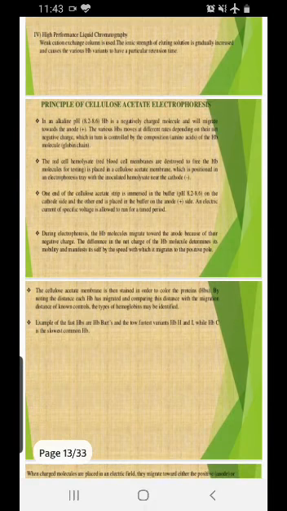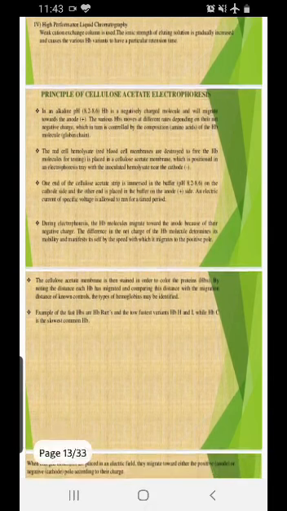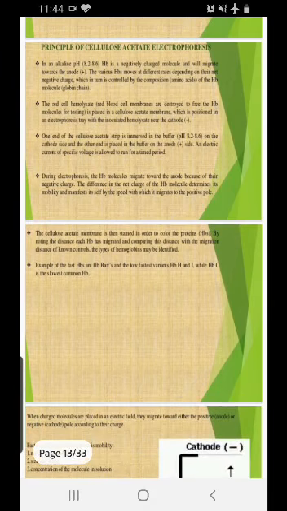Now the principle. Let's talk about electrophoresis. What is the principle? It basically gives an alkaline pH. So when it gives an alkaline pH, the hemoglobin, which is negatively charged, will migrate towards the anode. There are different types of hemoglobins: we have HbA, F, C, D and S. All of these will migrate at different speeds depending upon the charge on them. So this is the main principle and the mechanism of it.